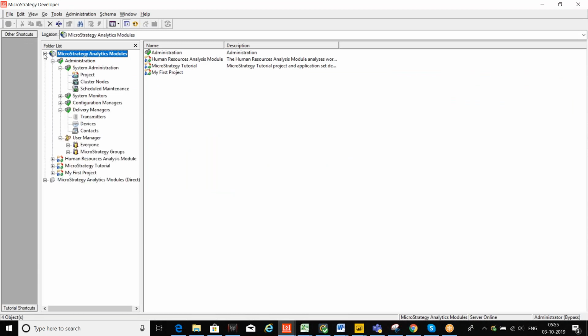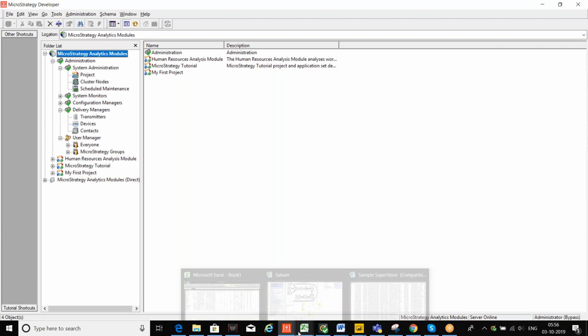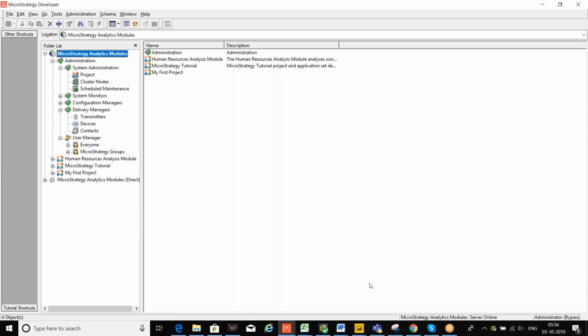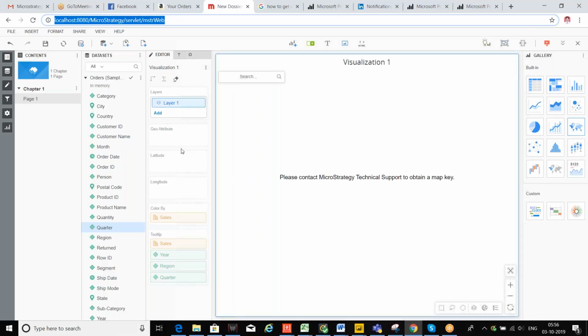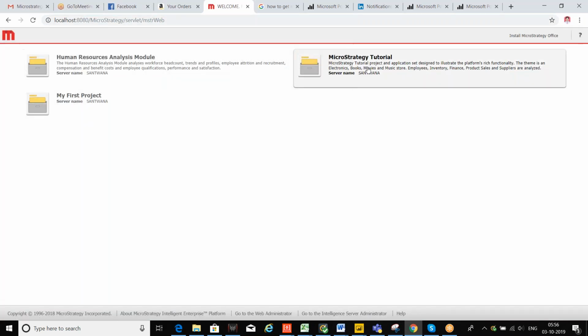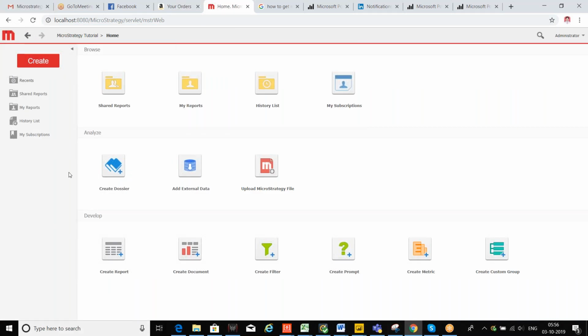That will come under project, new. Can you show me on the web? On the web, this architect part will not be available. But you can create a report, maybe, by pulling the attributes and metrics that you want. Before creating a dossier,